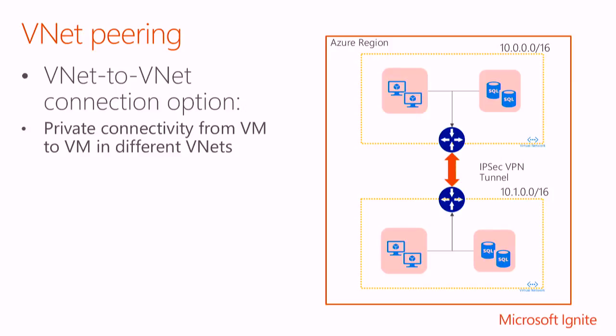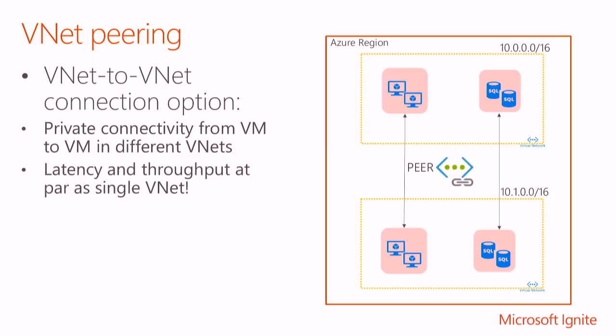So that's where we introduced the VNet peering. The VNet peering basically gives you the segregation. So for example, these could be two different departments, and they put their resources in their respective VNets, and because they have a business requirement saying that this guy pays for their workload with their subscription, and this guy will pay for their subscription and for their workload. But still, they need to be able to talk to each other.